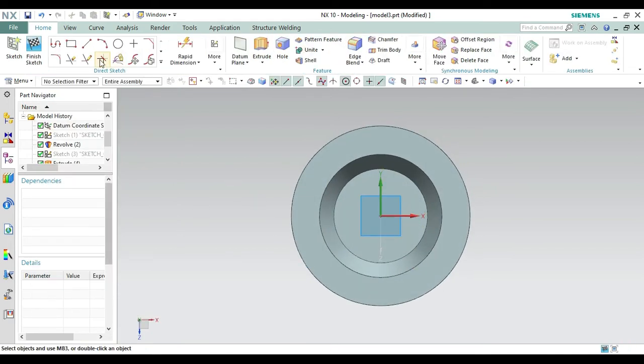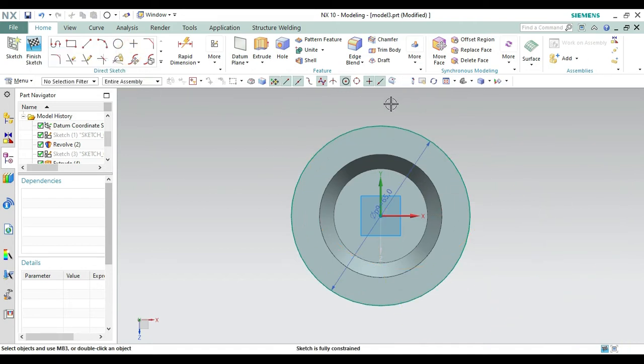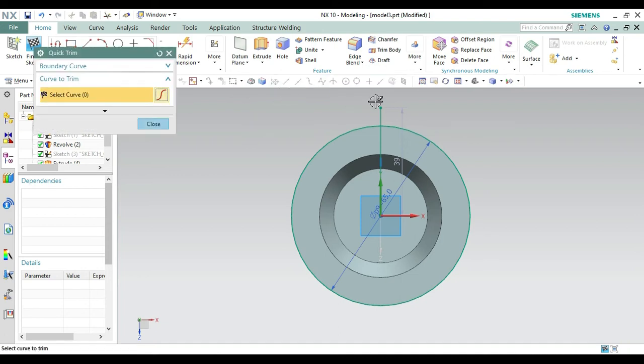Okay, now again go to circle command and create a circle of reference. Okay, so taking this center point, create a circle of diameter 32.5 plus 32.5, means it should be 65. Okay, like this. Let's cancel the command from here. Now go to line and create a line from this point, take it to the outer side, much, we can trim the extra portion. Okay, so go on quick trim, let's trim this extra portion of line and make it okay from here.